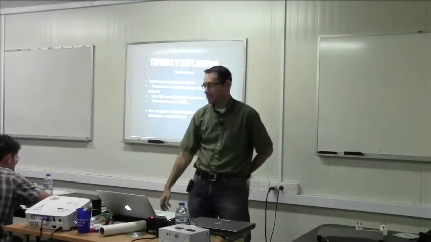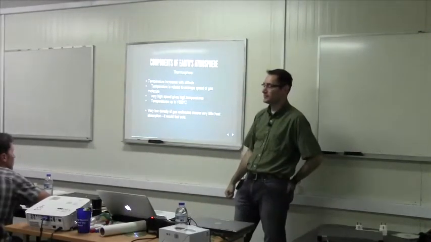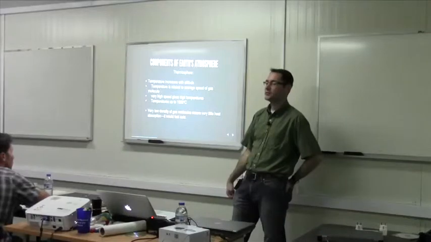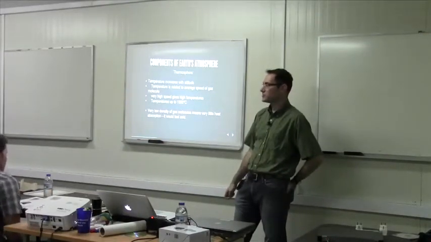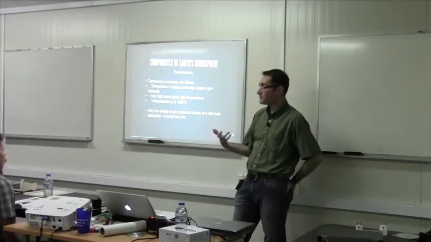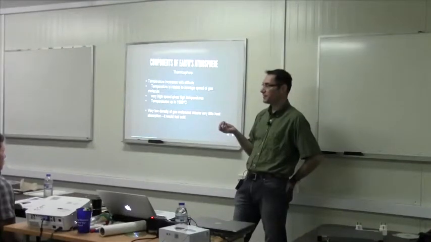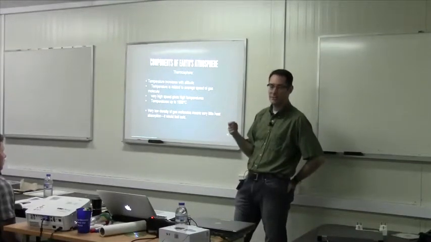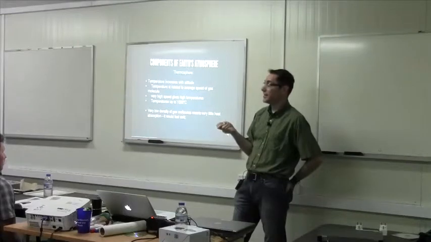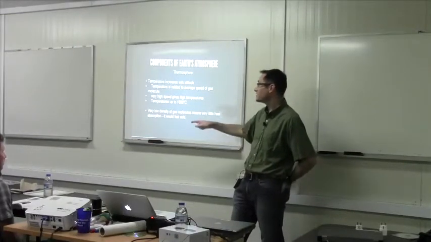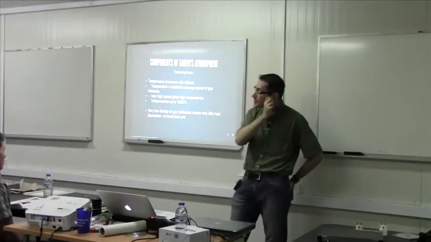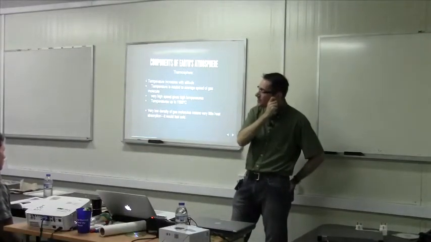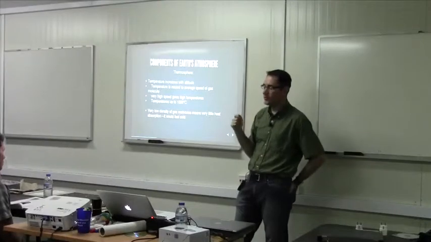But then we have the thermosphere. Then temperature starts going up and up and up. Turns out there's not much atmosphere at all up there. And therefore, each little particle of gas doesn't have much to bump into once it gets going. So they go really, really fast, and temperatures get up to about 1,500 degrees Celsius, which is really hot, right? So if you're trying to go through the thermosphere,